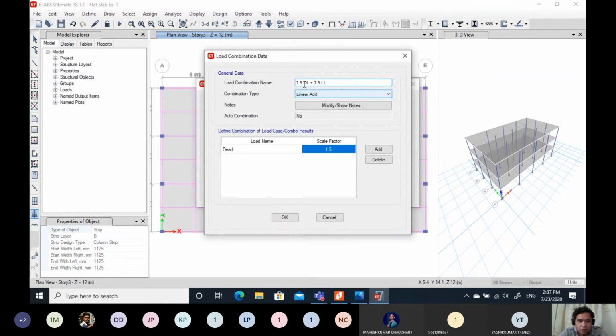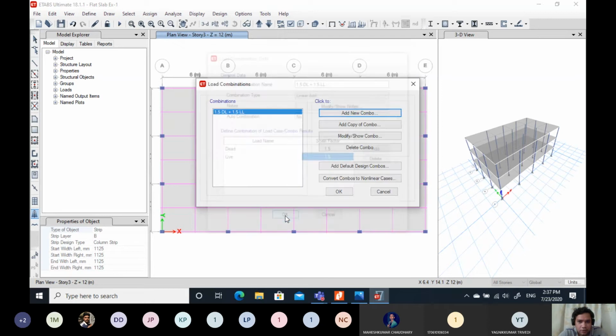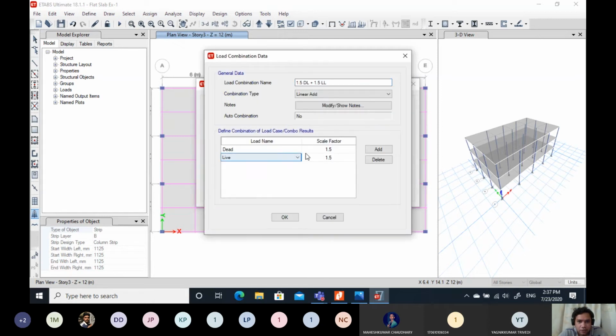So linearly we want to add the effect of dead load to the live load, so set this as linear. You click add, and another, let us set this as 1 and this is 1.5. So these two are added. Click OK. You can check them, dead load and live load, they are added here.